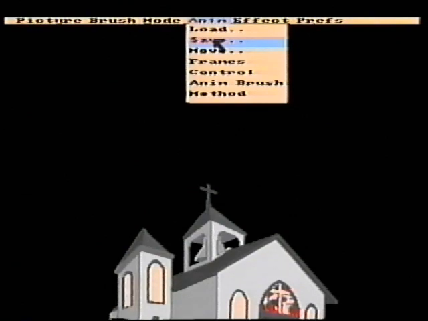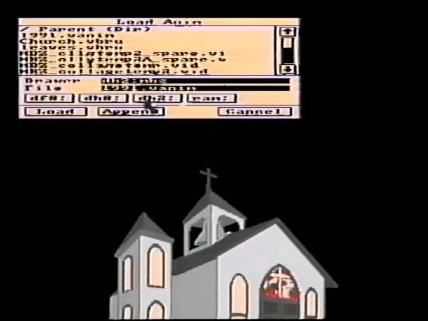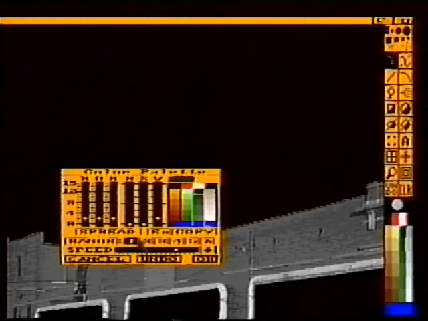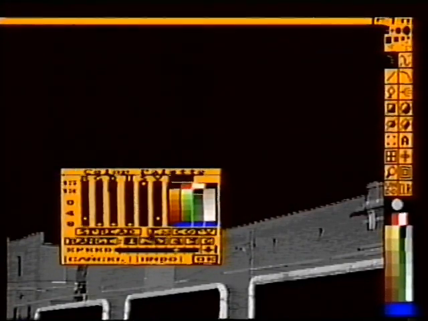I actually had saved just the 1991 part without the church, so let's load that and I'll show you something else you could do, which is add a different sort of background. Here I've loaded the picture billboard background as a brush, remapped it to the current palette, stamped it down at the bottom of the screen. I'll change some of the colors to give it a red look, and